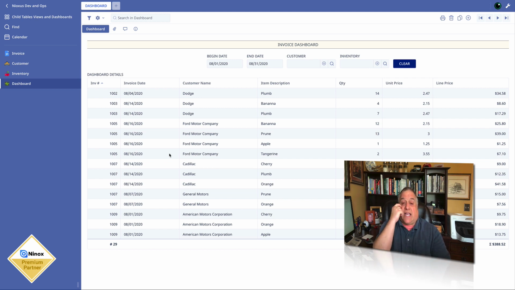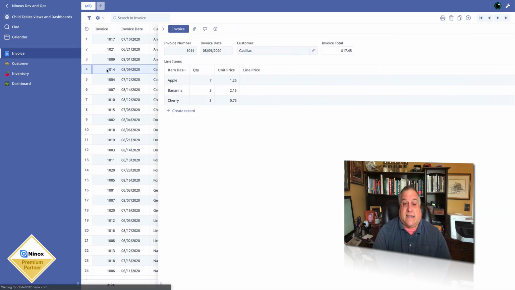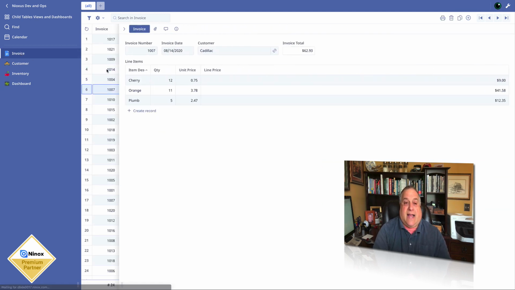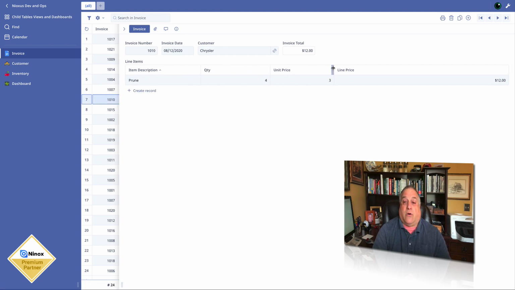If you want to look at the line items for a specific invoice, well, we don't need to do that on our dashboard. We can just go right to the invoice table, select an invoice, and all of the line items for that invoice appear right here in the lower part of the screen. And as we scroll through our invoices, and you can see we're not in administrative mode, this is user mode, the line items, the child records for the parent table, appear